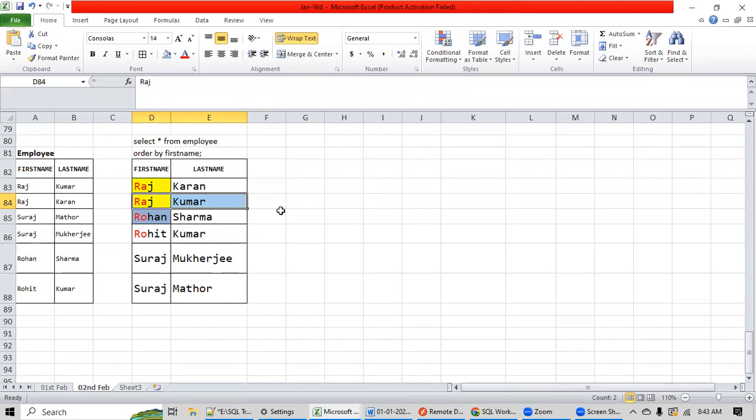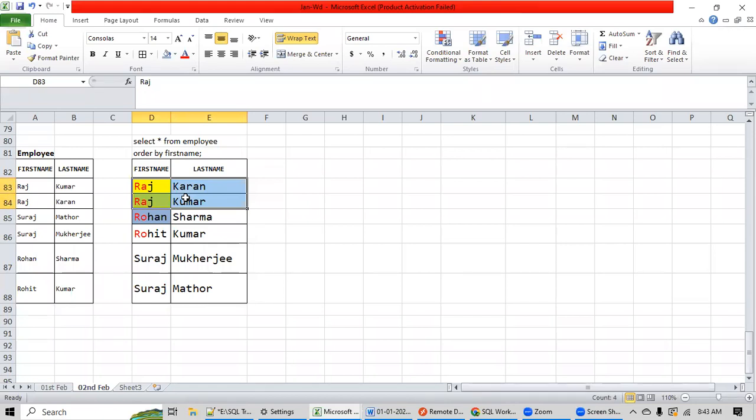Whoever was inserted first will show first if there is a match. Maybe the system takes the last name, even alphabetically. Okay, see, when the first name has exactly the same value, as in Raj Karan and Raj Kumar, you have the exactly same value in the first name column. Then it is totally the wish of the SQL engine. It can display anyone before that.